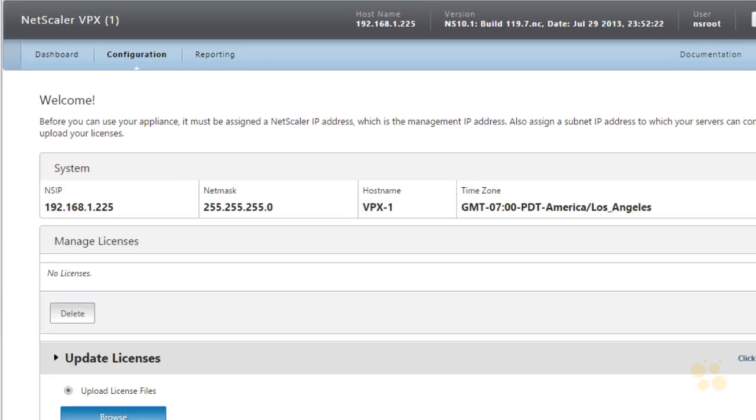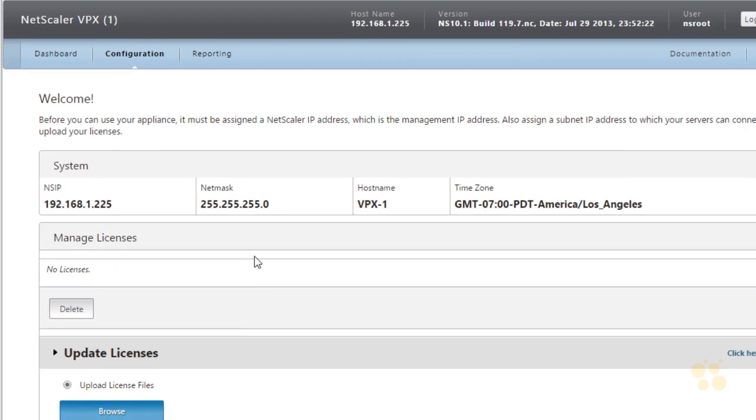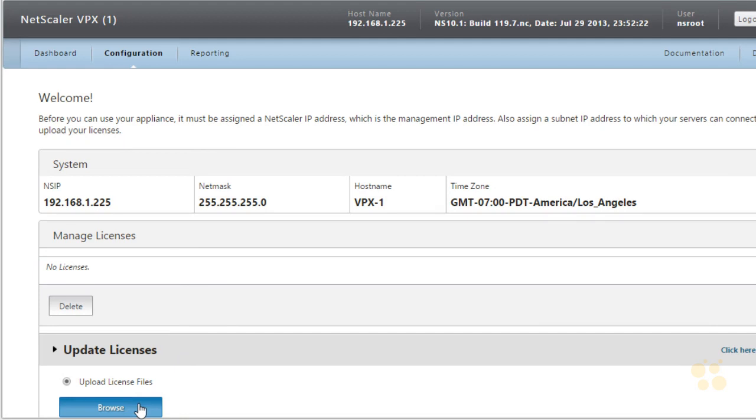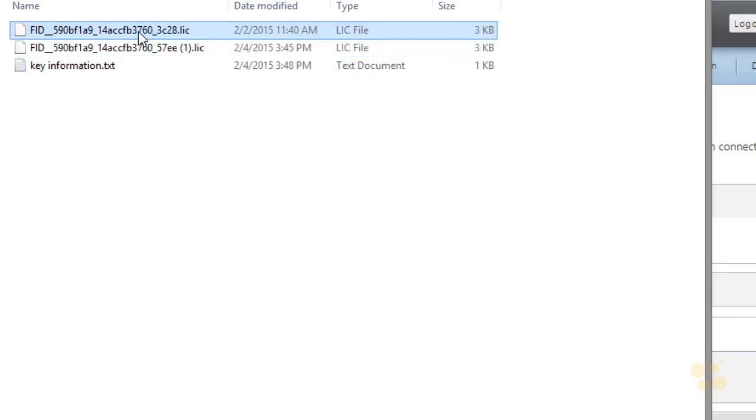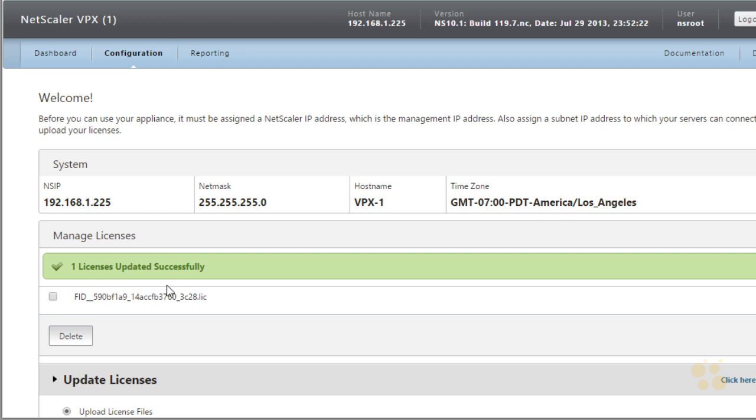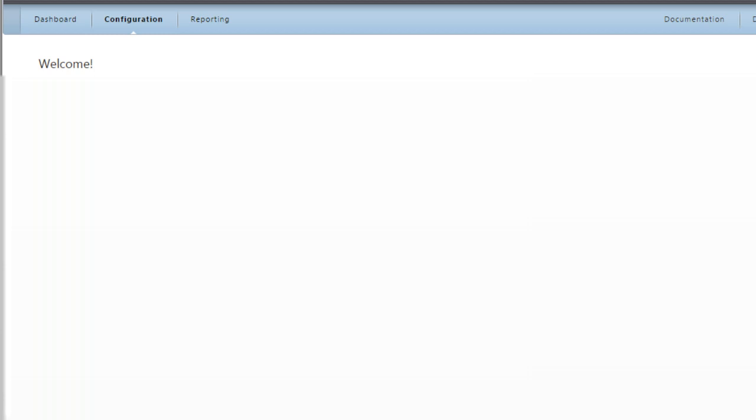And then the next thing it takes us to is the opportunity to go ahead and apply licenses for this NetScaler. So I currently have a license that I got from Citrix. It's on my file system. And to apply it, all I need to do is go ahead and click on Browse. Browse to the location of that license file, select it, and it states that the license was updated successfully. That's fantastic. So with the license applied,